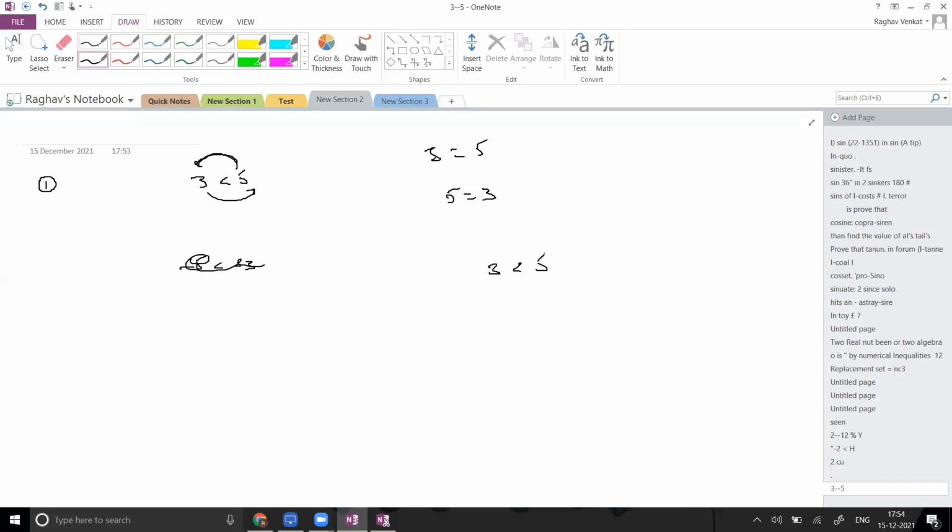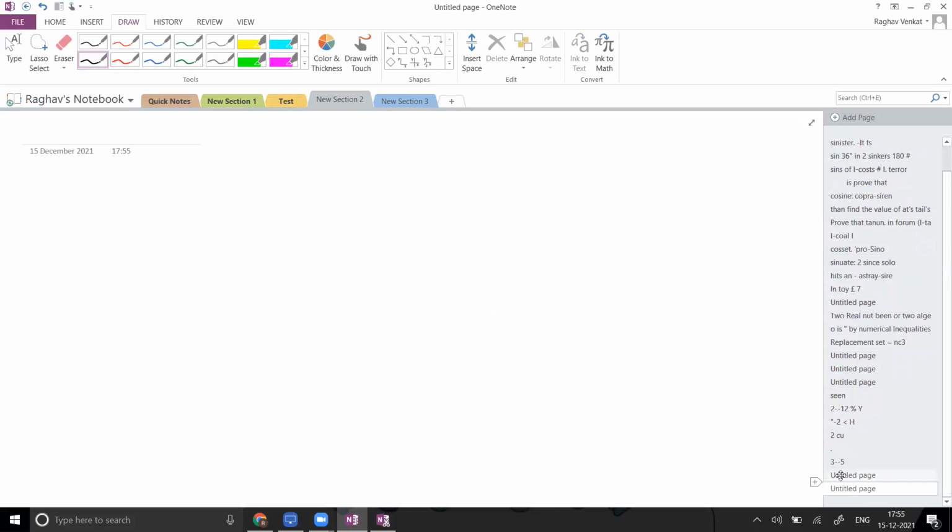3 less than 5, -5 less than -3. But if I am multiplying with a negative, the symbol flips. Even directly, if I am switching straight away, 5 greater than 3. So that symbol, sometimes you don't want to write complete steps. They won't expect each and every small step like in 6th standard or 7th standard. Why I am saying this is, in the first question itself, some people will face this.